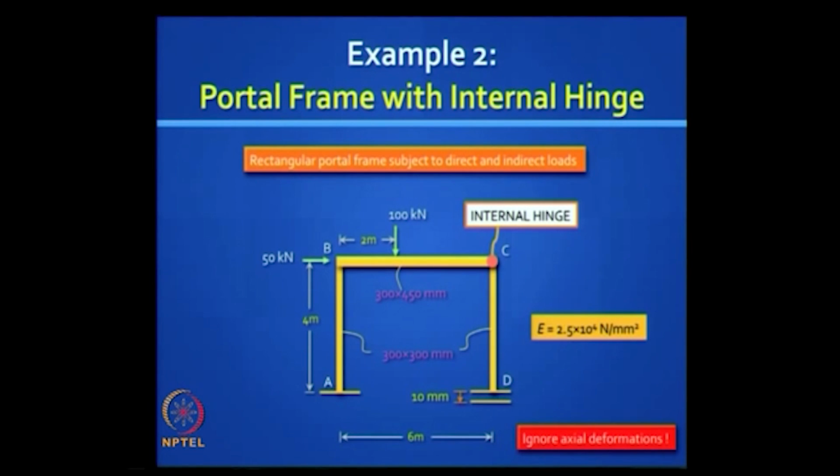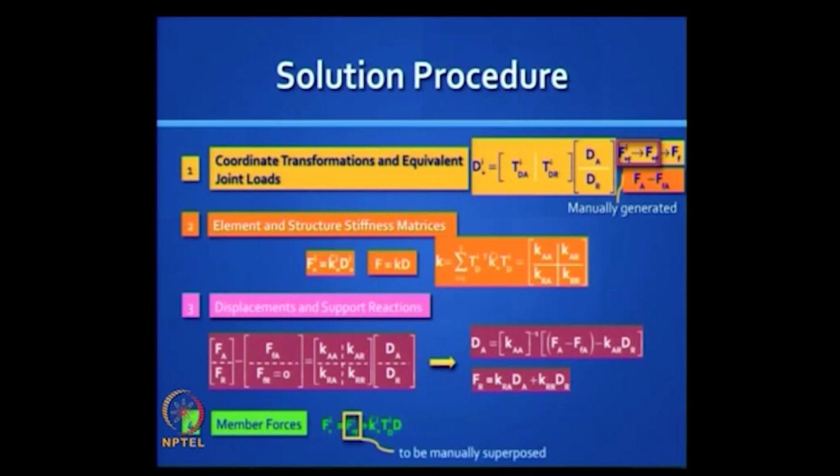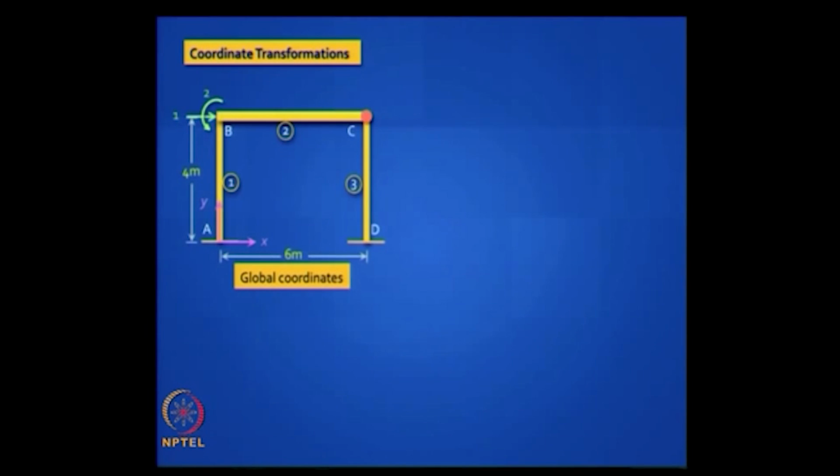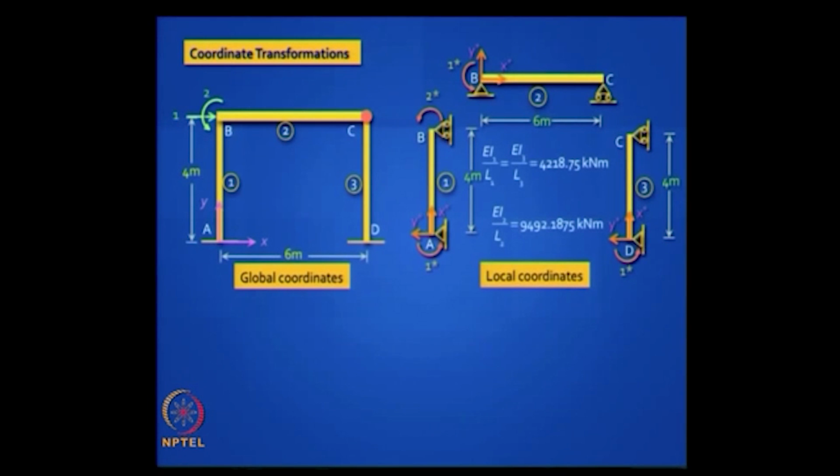Is that hinge going to make our life more complicated, or is it going to make it easier? It should make it easier. Okay, so let's make it easy. Solution procedure same, coordinate transformations. Now look, the change we are making compared to the previous problem is in elements 2 and 3,